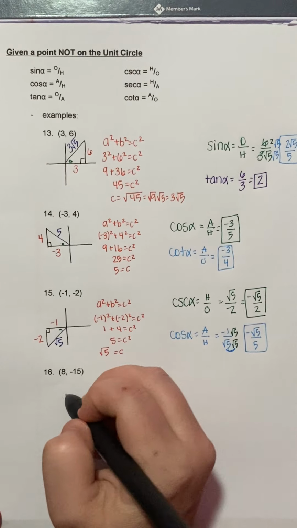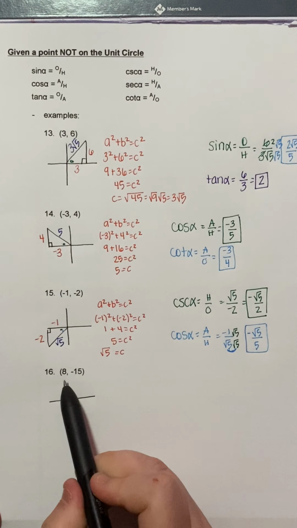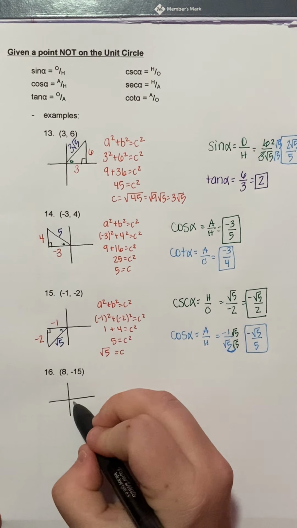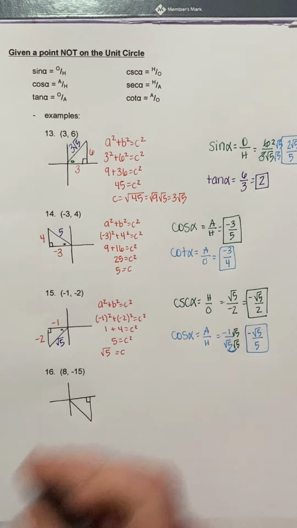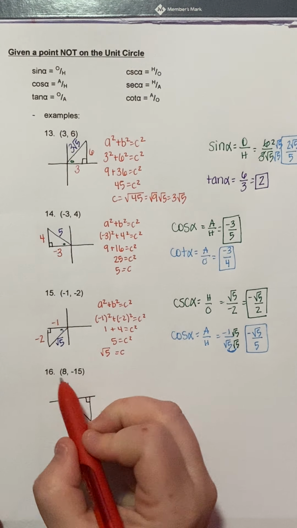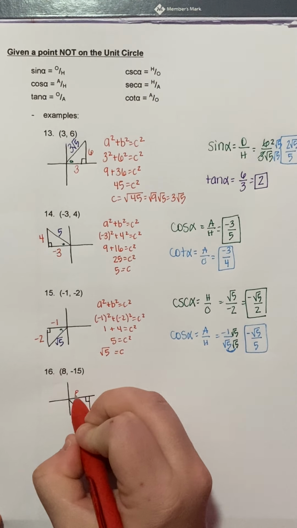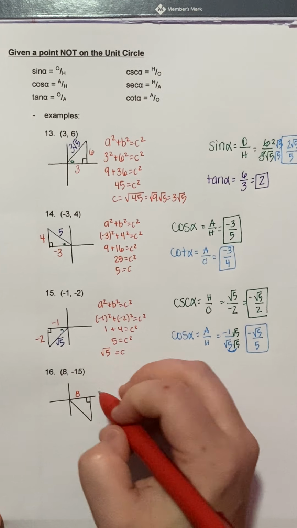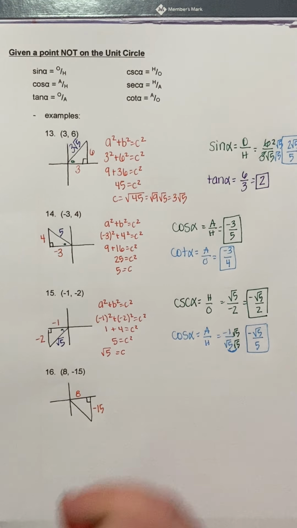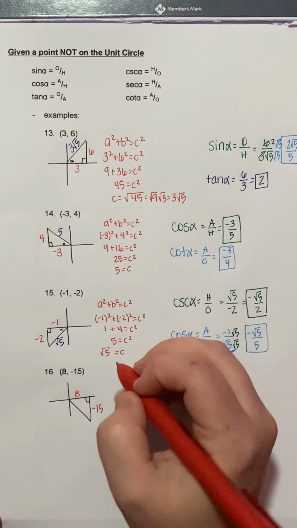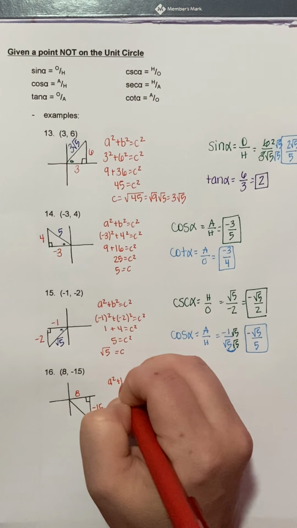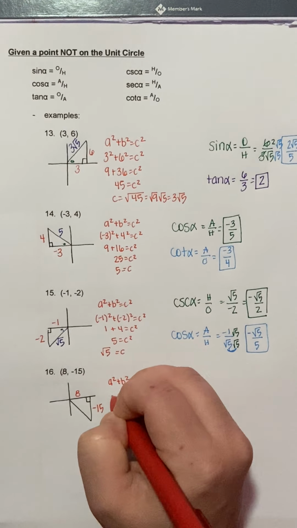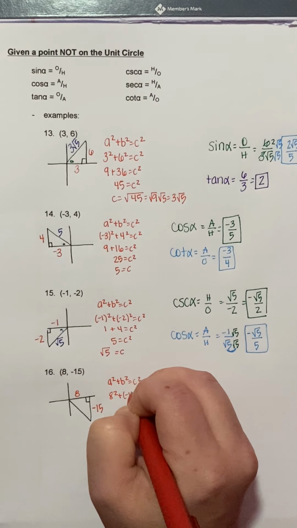All right, last problem right here. I'm going to my last quadrant, positive, negative, positive, negative. Now I'm landing in the fourth quadrant right here. My x value, remember my coordinates x, y, so my x is 8, so that's going on my x-axis. My y value is negative 15. That should make sense because I'm going down. Pythagorean theorem is going to get me my missing side right here. So a squared plus b squared equals c squared. So I got 8 squared plus negative 15 squared